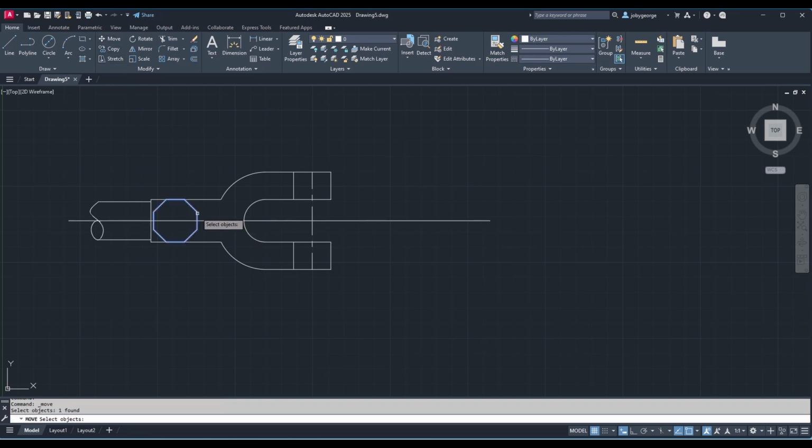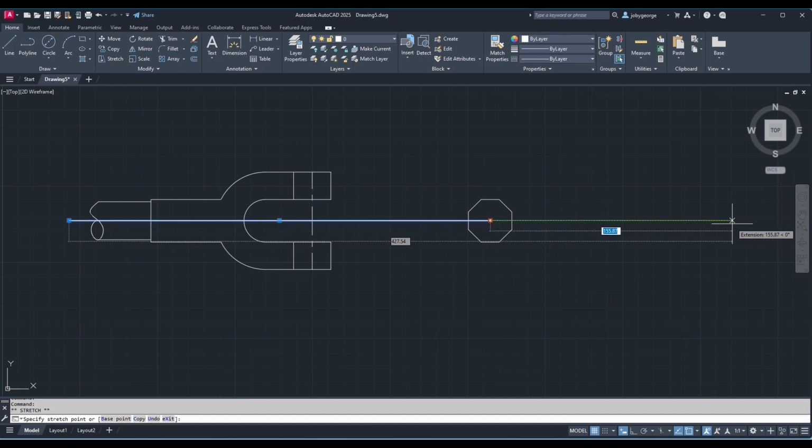I will select the object, then type move, then hit enter, then about the center part, and I will move up to wherever the line terminates. Okay, up to there only. Then I am extending my line. Okay, then again repeating the move command